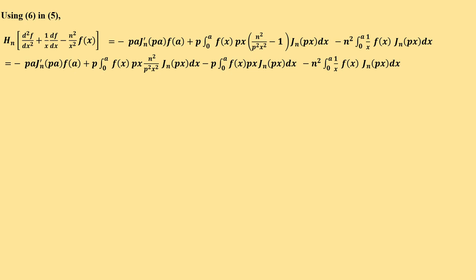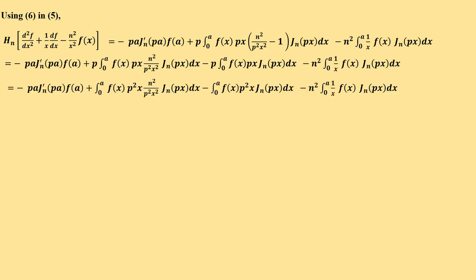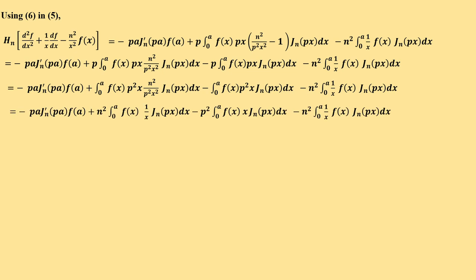Then the last term minus n square integral 0 to a 1 by x f of x Jn of px dx, that is equal to minus pa Jn dash of pa f of a plus integral 0 to a f of x p into p square, you have px inside and p which is outside the integral, so p into p square x n square by p square x square Jn of px dx minus, in the same manner, minus integral 0 to a f of x p square x Jn of px dx minus n square integral 0 to a 1 by x f of x Jn of px dx, that is equal to minus